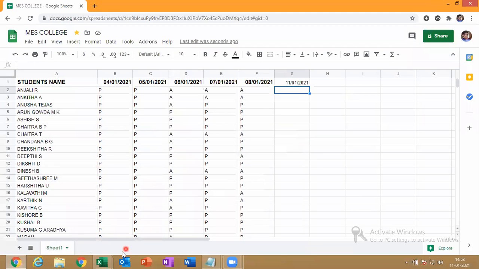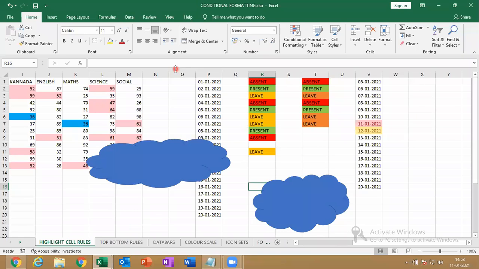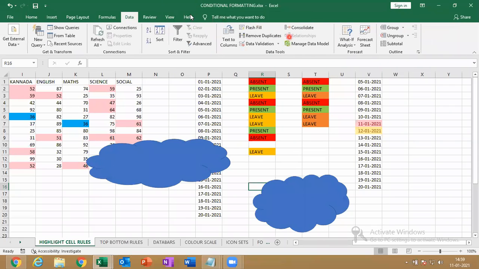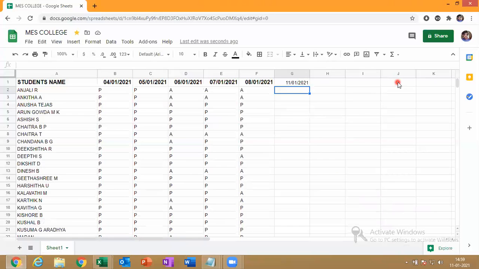Flash fill and these things I may have left out, because we are going to learn them in detail here. Tables you're going to learn in detail, and the data type and flash fill as well. That's fine. I am recording the main points which are new to me, not the old ones. Okay, it's your wish.